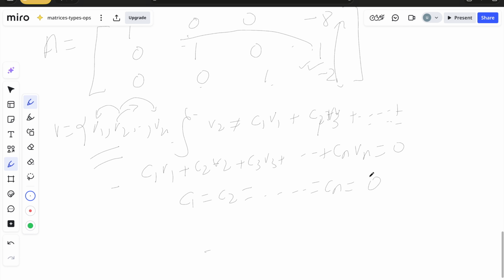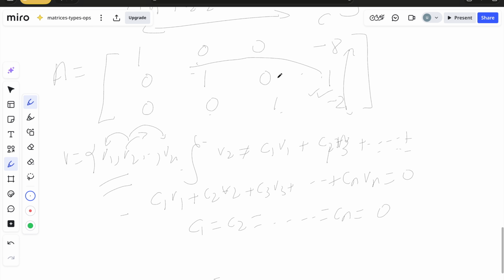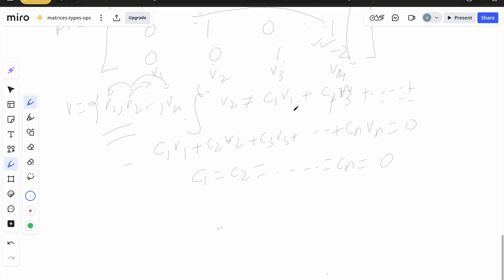Okay, let's understand this concept on the row reduced echelon form matrix that we have just done here. So you can see here that this is the row reduced echelon form. Let's consider this particular column as the v1 vector, this as the v2 vector, this as the v3 vector, and the last as the v4 vector, right? Now observe that the v4